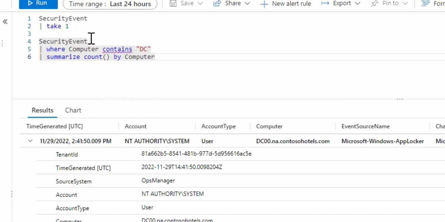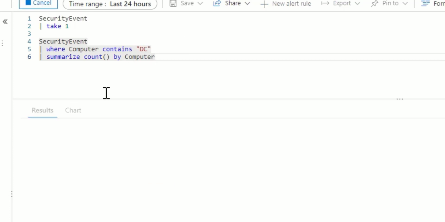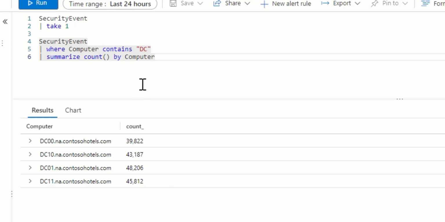We can run the query in two ways, by using Shift+Enter or by hitting the Run button here. And once we do so, you can see there are a couple of DCs in the last 24 hours, and the counts are also being shown here, right? And this is a count as a whole, altogether. Now what we would next do is try to define a baseline,